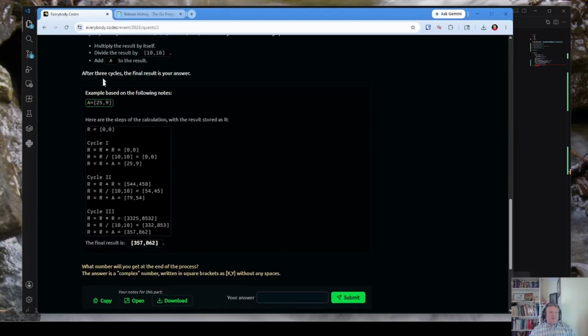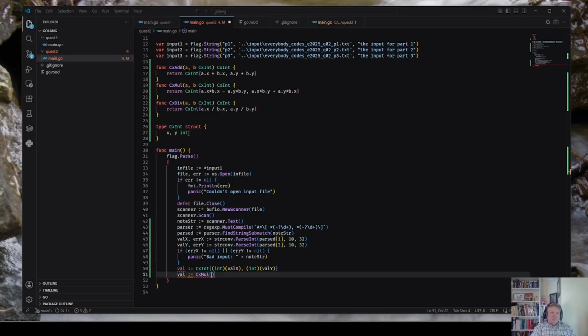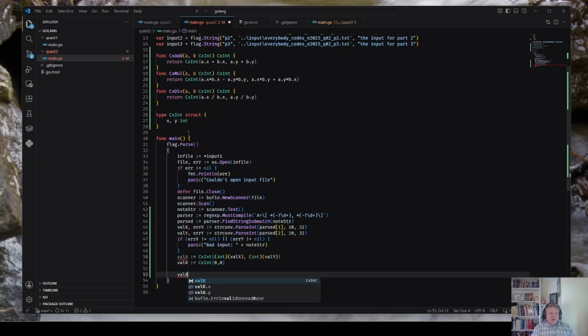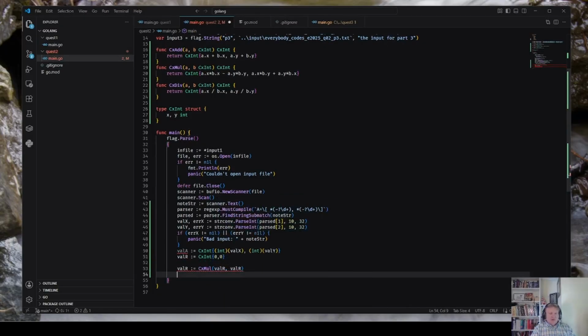Okay, no, I start with r being equal to 0. Sorry. Val a, val r. Okay, and then 3 times I do val r, cx mul, val r, 3 times I do that.